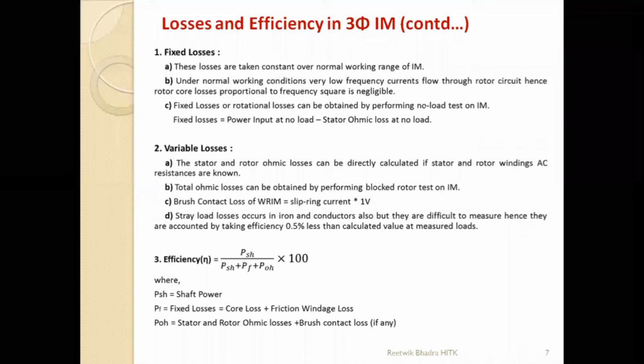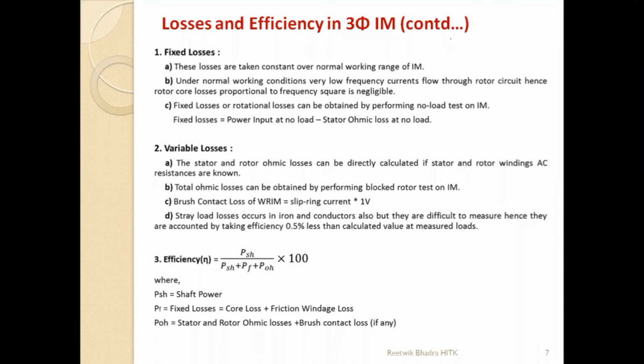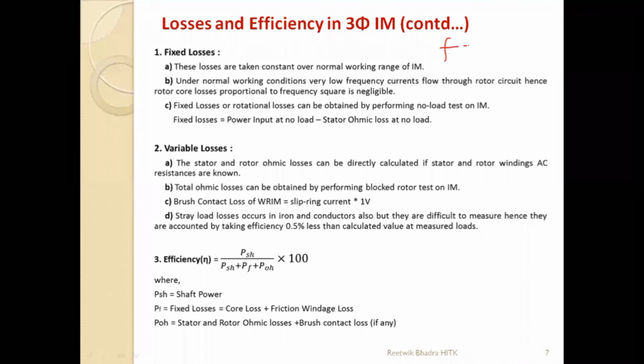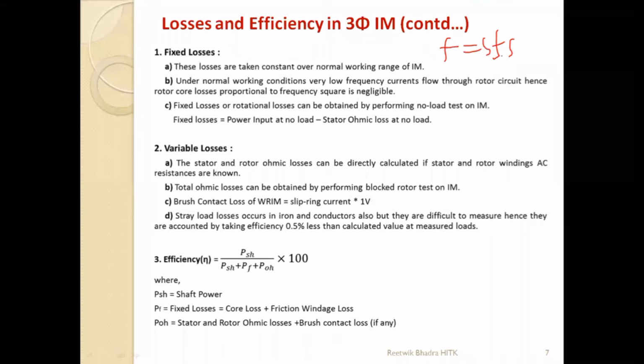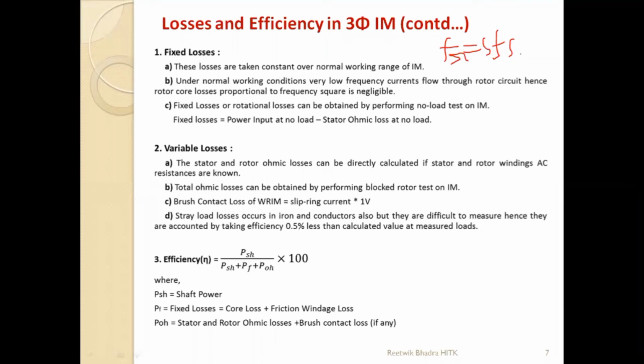Now, the square of the frequency of rotor currents, if you had seen. So what was our rotor current frequency? Fr is equal to sFs. 50 Hertz was our frequency, and s was 0.01, suppose. So Fr will be very less. 0.01 into 50 will give you a very low frequency, and that square will make the losses more negligible.